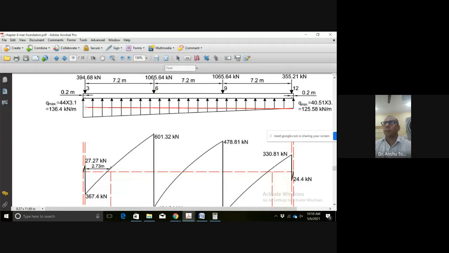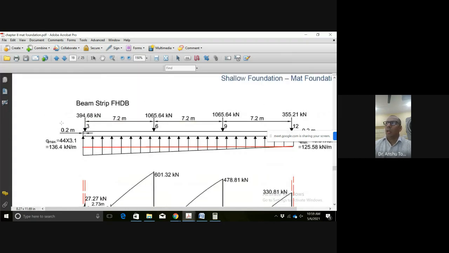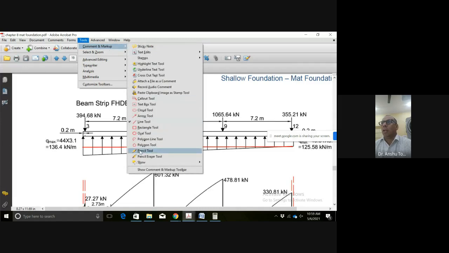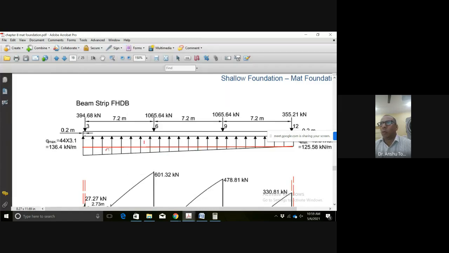corresponding to the solution for other strips, that you will have to convert it into a uniformly varying load, and then you will have to solve it using two different steps. You can find out shear force using 1 and 2. तो आप क्या करोगे, सबसे बेस्ट मेथड है, इसको आप दो पार्ट्स में कन्वर्ट कर लोगे, एक रेक्टेंगल और दूसरा ट्रायंगल. This is going to be the rectangle and this is going to be the triangle, to find out the shear force and bending moment values.